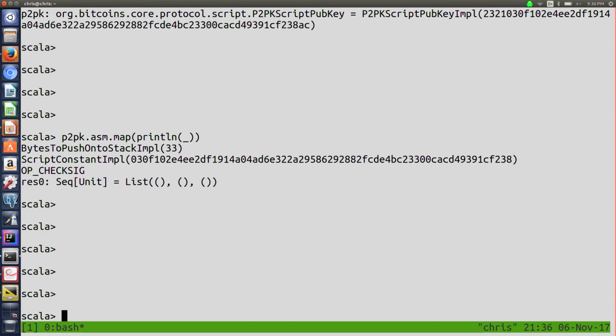So the very first instruction here specifies how many of the next bytes to push onto the stack. The shared state in this program execution is the stack. So any variable you need to store needs to go onto the stack for you to pop off later and have an opcode use it. The very first thing is push 33 bytes onto the stack. These next 33 bytes are the public key that I derived from my private key earlier. So this public key will be pushed onto the stack.